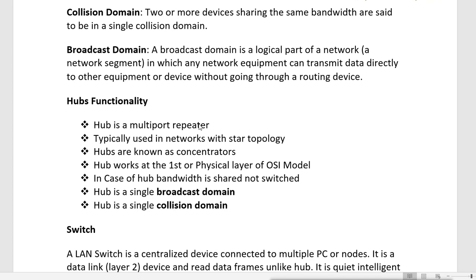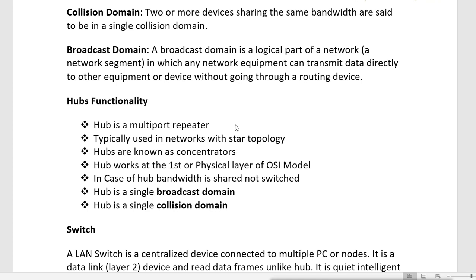So what will the repeater do? It will amplify the data to go more than 100 meters. If you want to reach more than the cable limit, you put a repeater in it. Repeaters are very simple devices. They have two ports, one input port and one output port. When data comes from the input port, it amplifies the data and sends it to the output port.